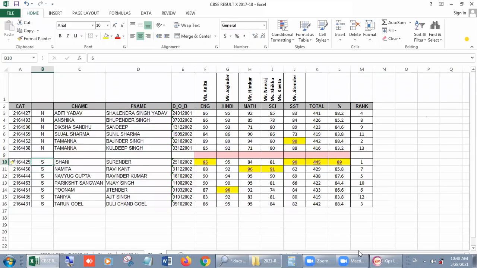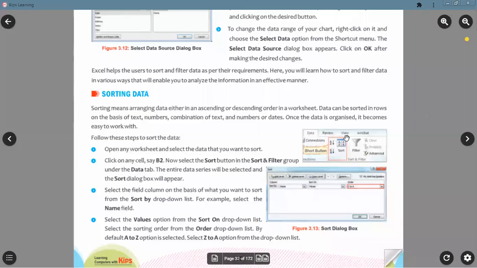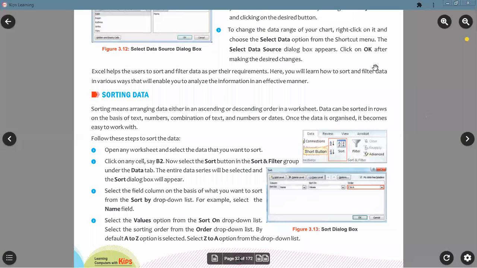Now come to the lesson, and I want to show you the same pattern which I already covered. The book is saying the same thing.